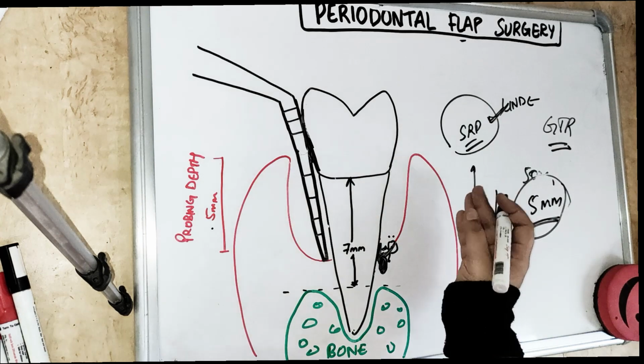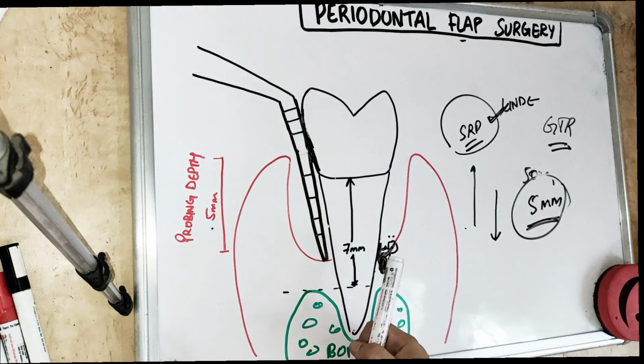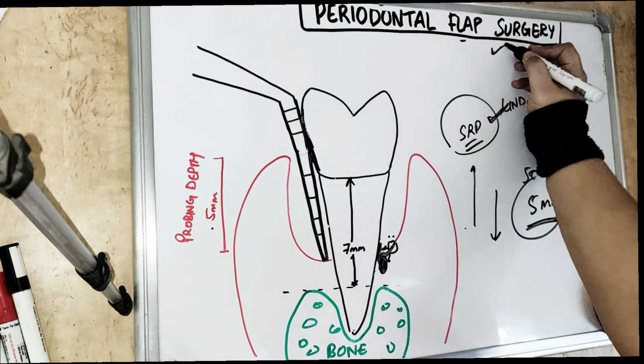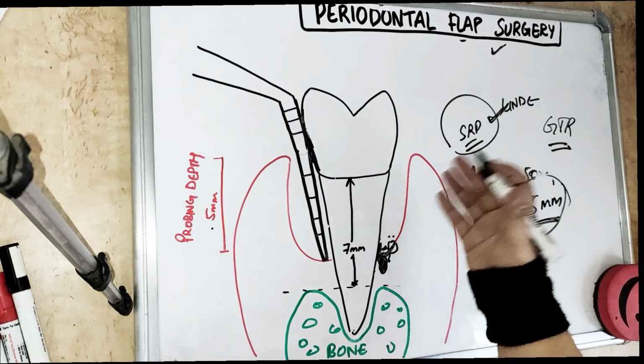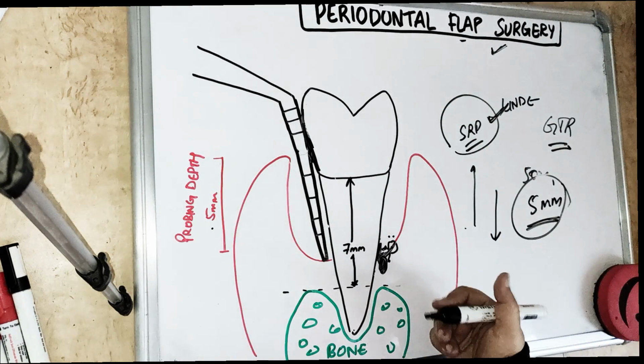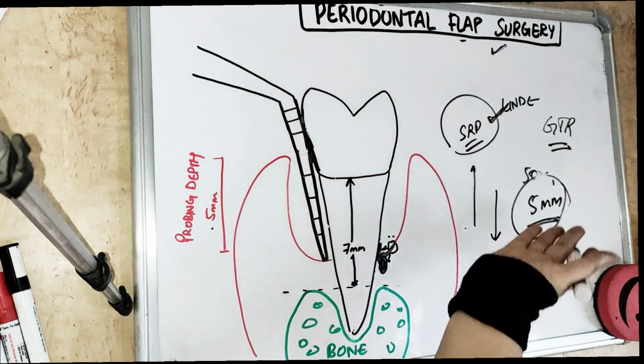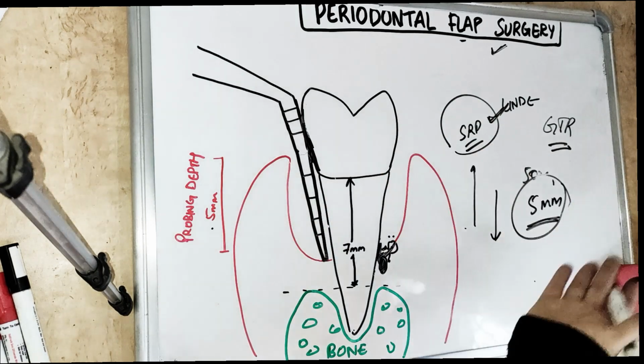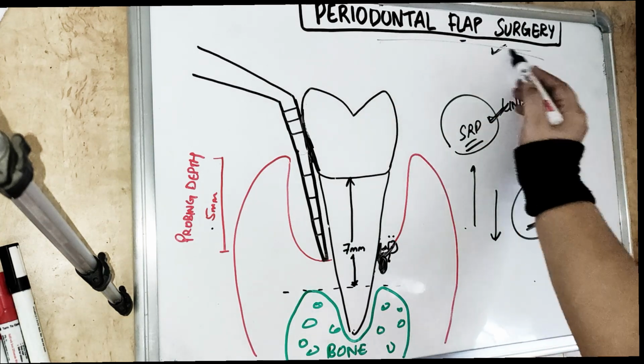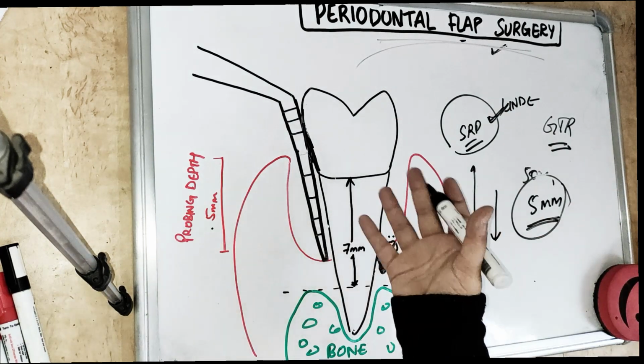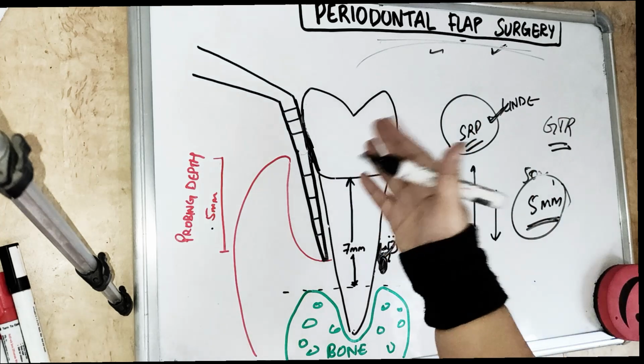So for all the surgical procedures which require going deep inside, we will do the flap surgery first, or if it is only cleaning, then also we will go for the flap surgical procedure, because the first thing we need to do is remove the soft tissue, and this removal of the soft tissue is known as the periodontal flap. So periodontal flap is not much of a big deal, it's simply removing the soft tissue.